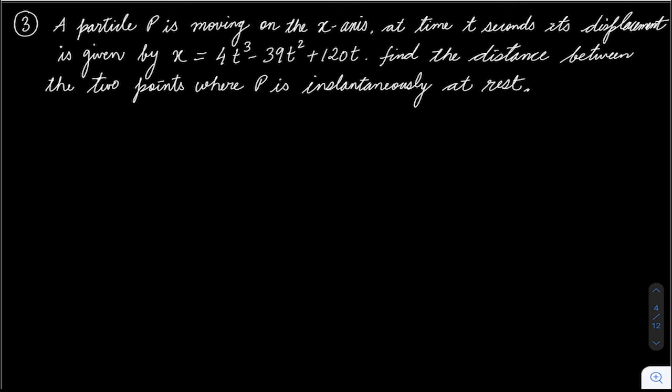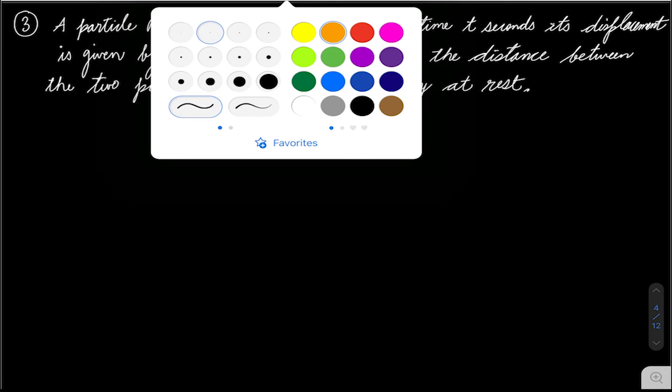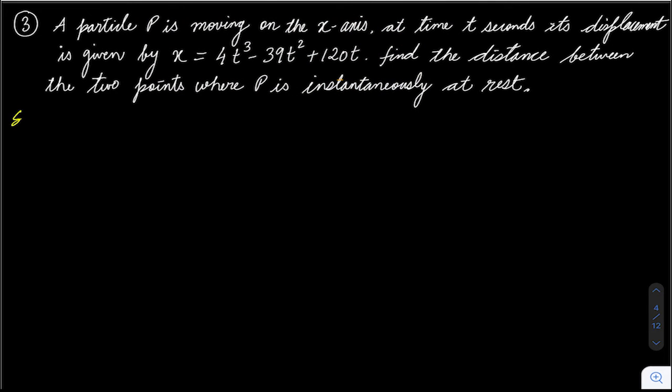Particle P is moving on the x-axis. At time t seconds, its displacement is given by this. So we know the displacement as a function of time. Find the distance between the 2 points where P is instantaneously at rest. So what do you understand by instantaneously at rest? Instantaneously at rest means,